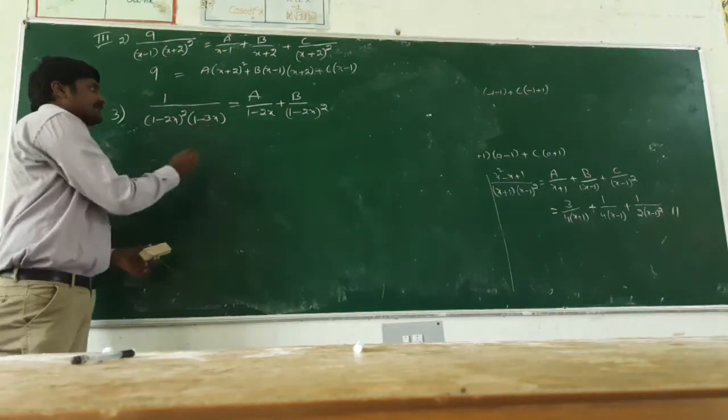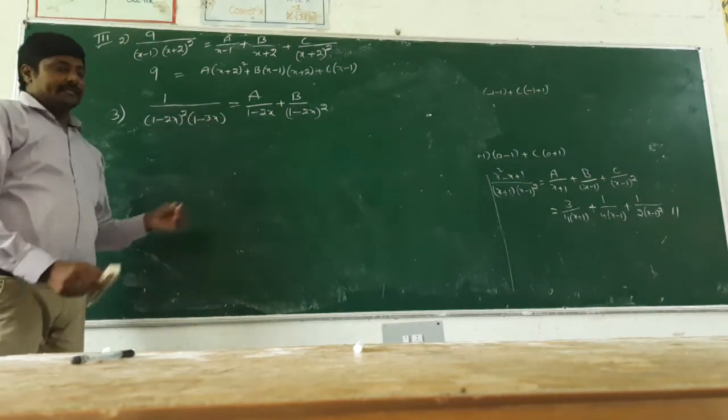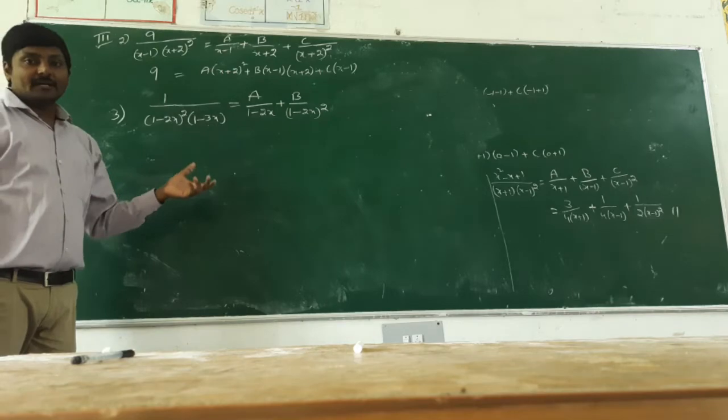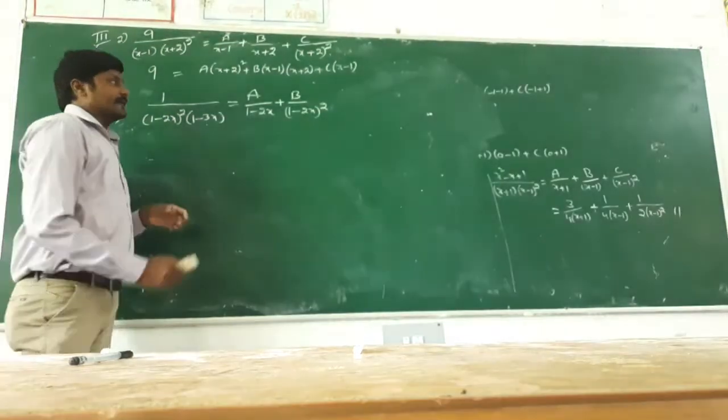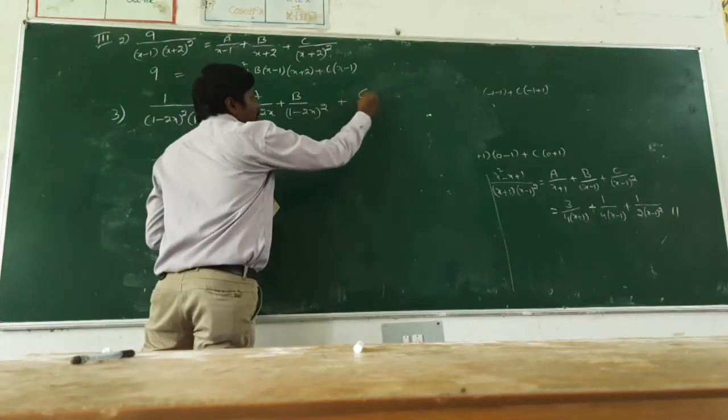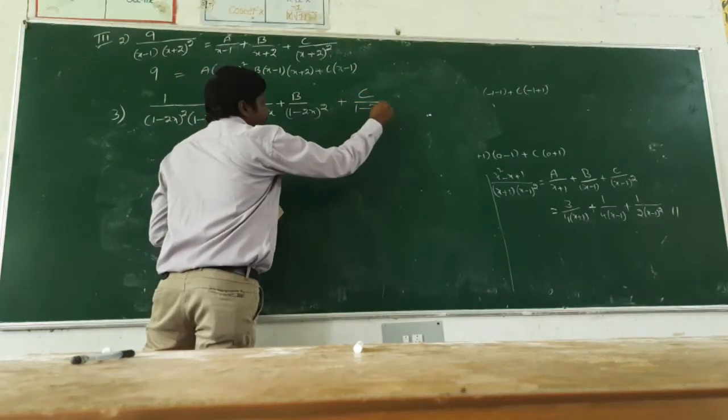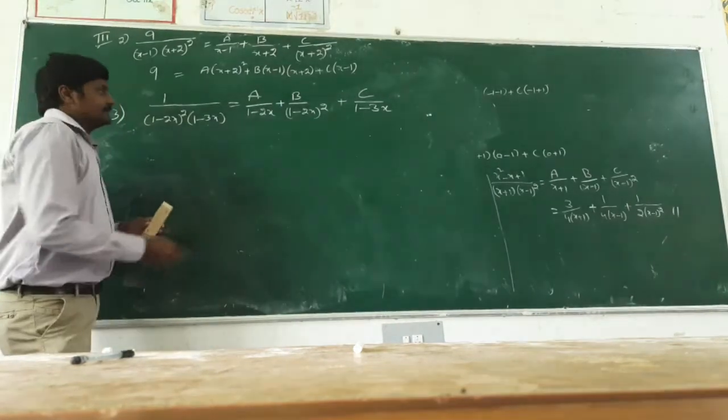Next observe the second factor 1 minus 3x. Is 1 minus 3x a repeated or non-repeated linear factor? 1 minus 3x is a non-repeated linear factor. That's why you take only c by 1 minus 3x. Next